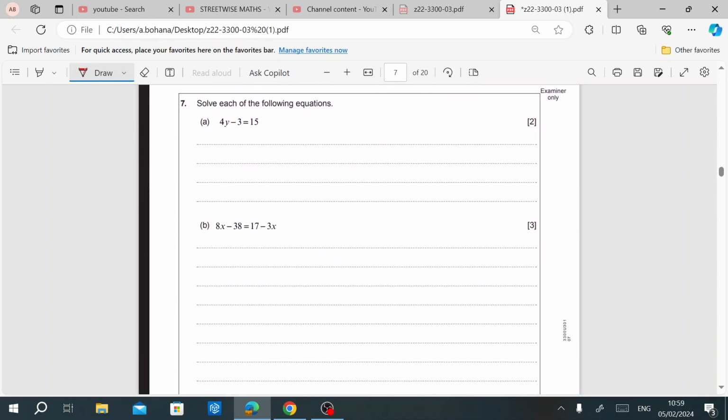Right then, equations. Again, very straightforward. 4y is equal to, so I'm going to take the minus 3, so 15 plus 3, so 4y is equal to 18, so y is equal to 18 divided by 4. The reason is that because it's 4 times y, the opposite of times is divide, so how many times does 4 go into 18? And the answer is going to be